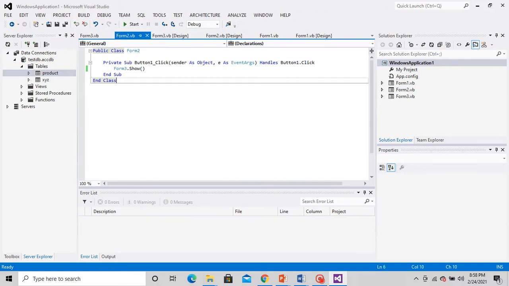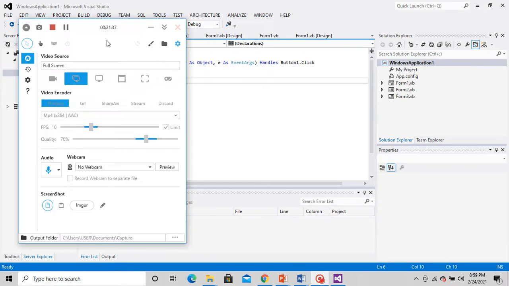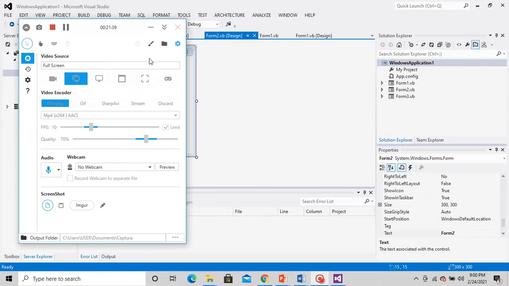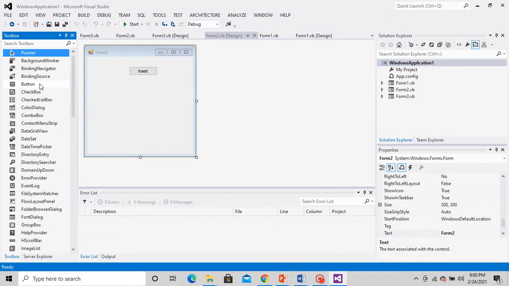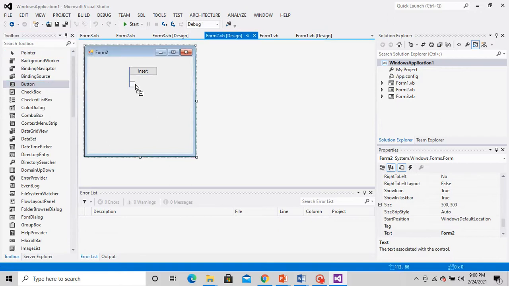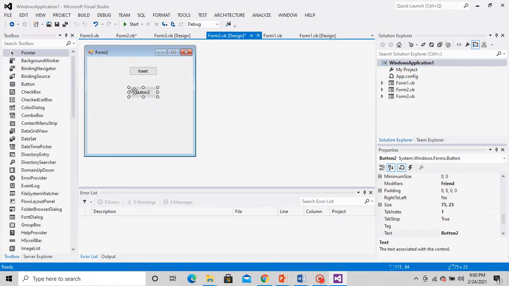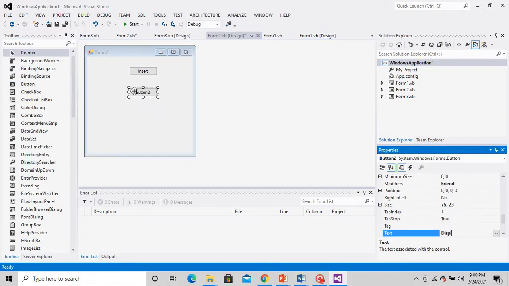Now, after this part, I'll try to display it. Okay, students. So for displaying, I'll just add one display button here. Display.